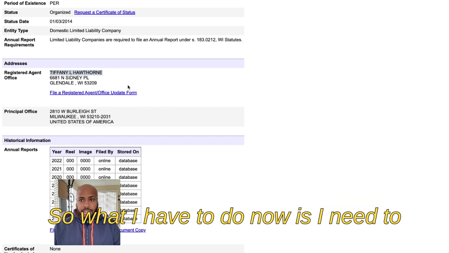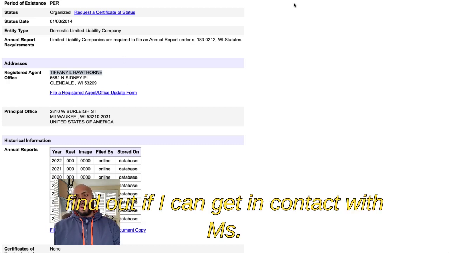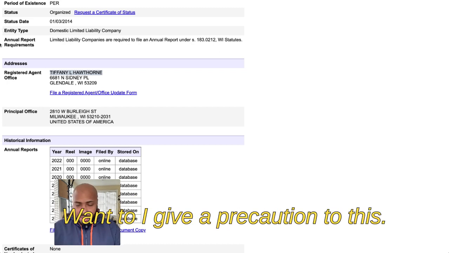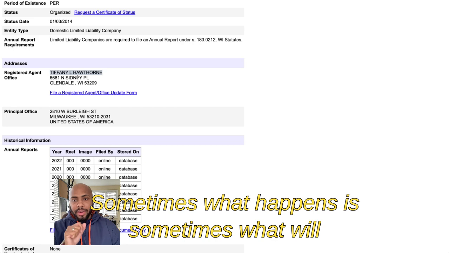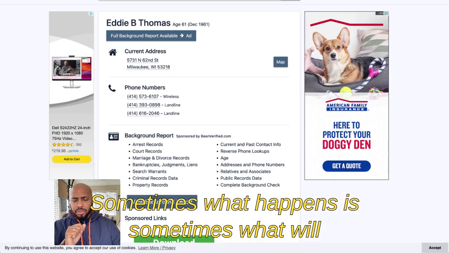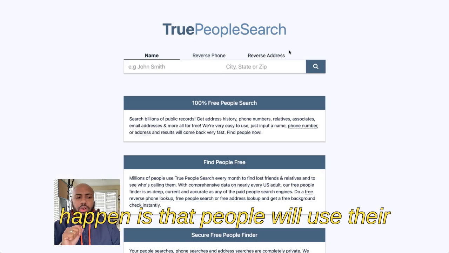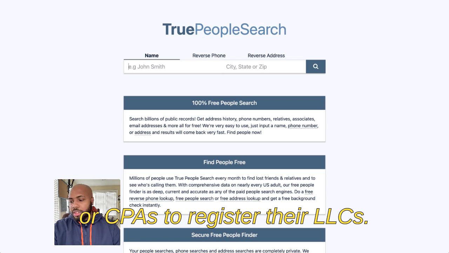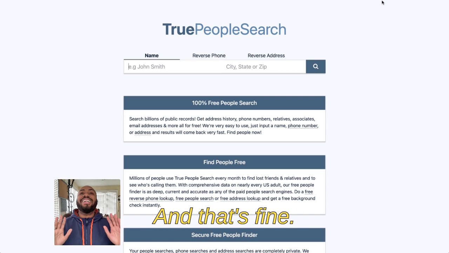So what I have to do now is I need to find out if I can get in contact with Miss Hawthorne. Now, I want to give a precaution to this. Sometimes what will happen is that people will use their relatives, their friends, their coworkers, attorneys, accountants, or CPAs to register their LLCs, and that's fine.